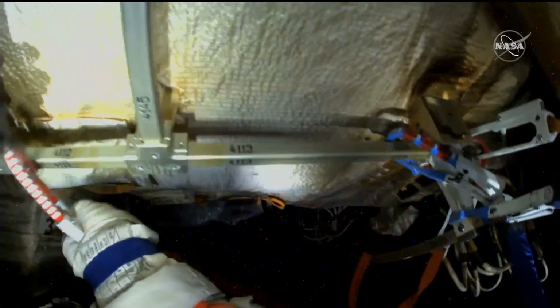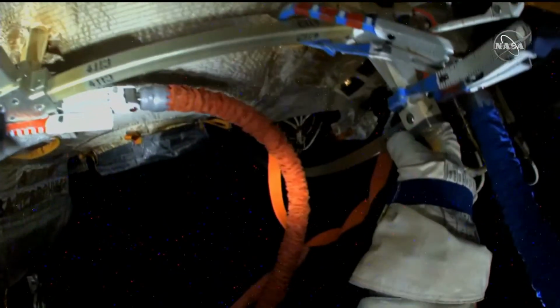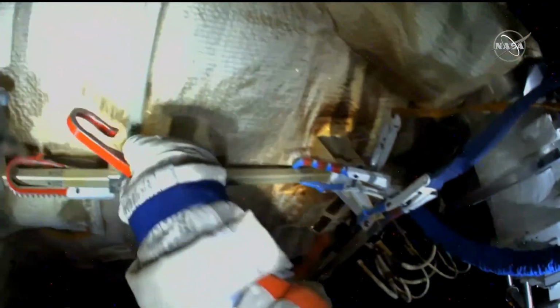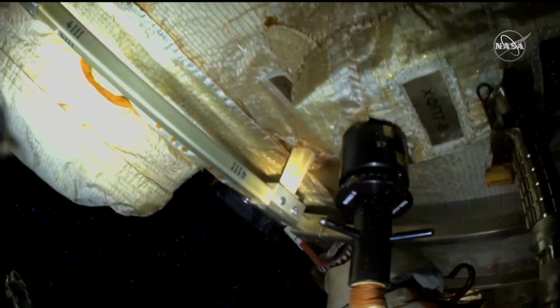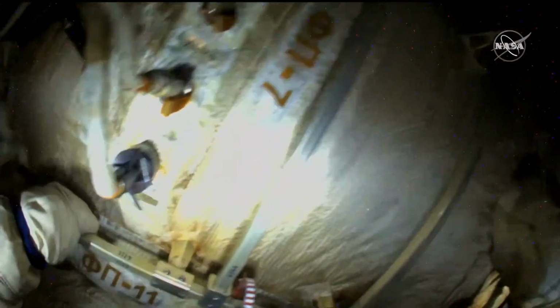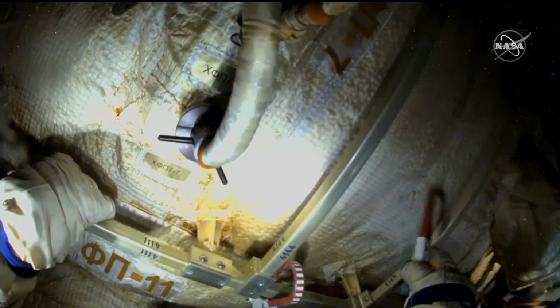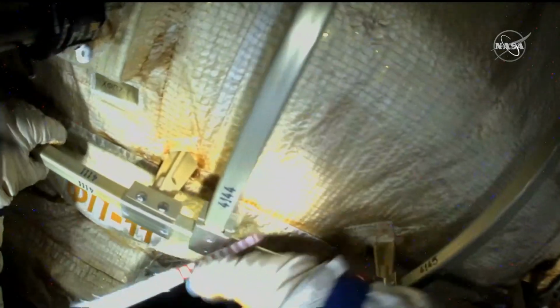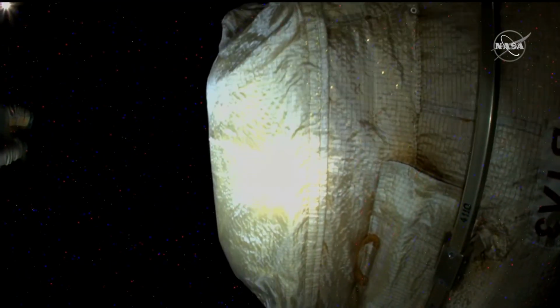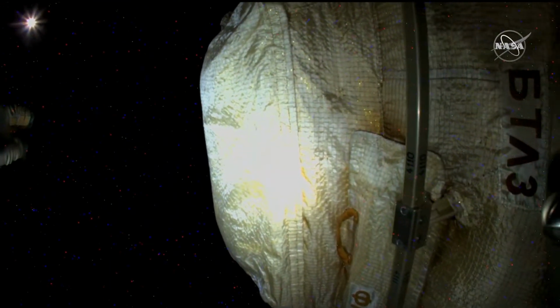Well, this activity has been ongoing throughout the course of the day. Mission managers representing the International Space Station program, NASA, SpaceX, and Axiom met in a weather briefing and concluded that the first undocking opportunity for the Axiom 1 crew on the Crew Dragon Endeavour tomorrow morning would not be acceptable from a splashdown weather standpoint. And so the decision was made to waive off the morning opportunity and point to an evening opportunity on Tuesday